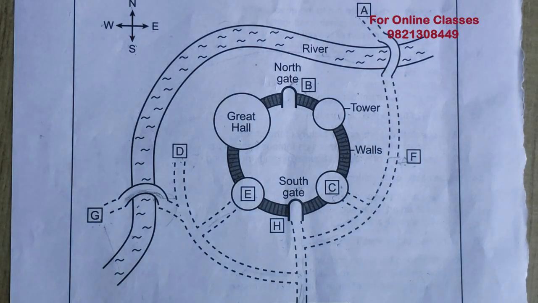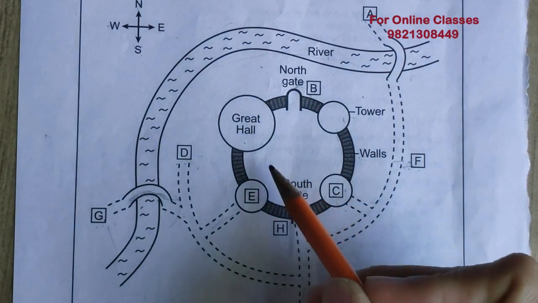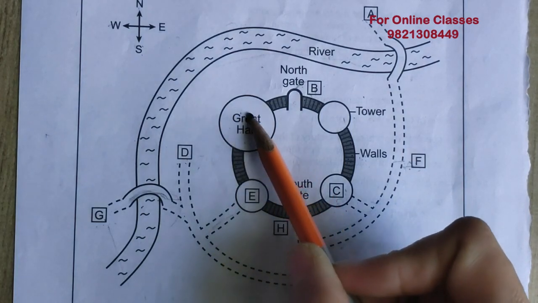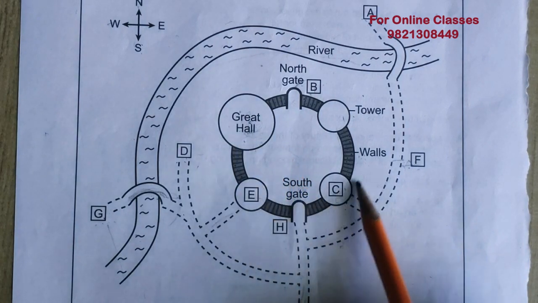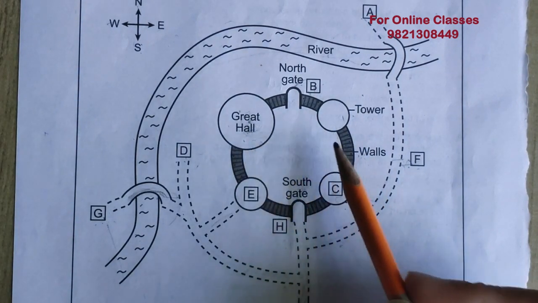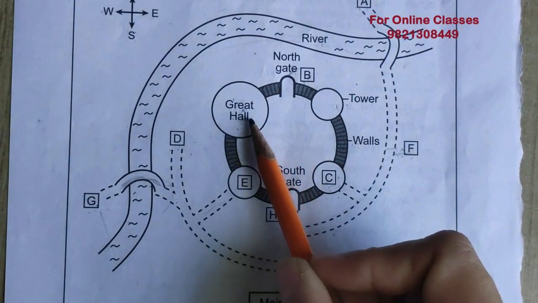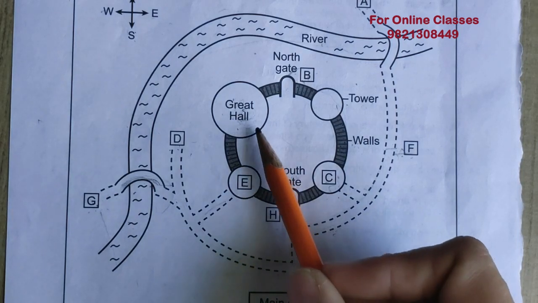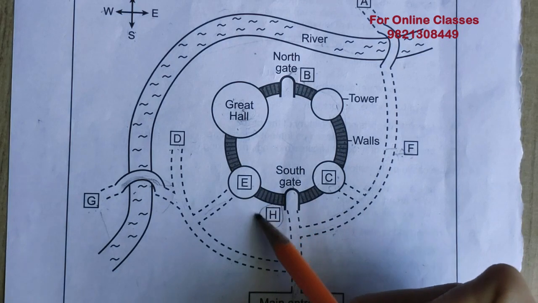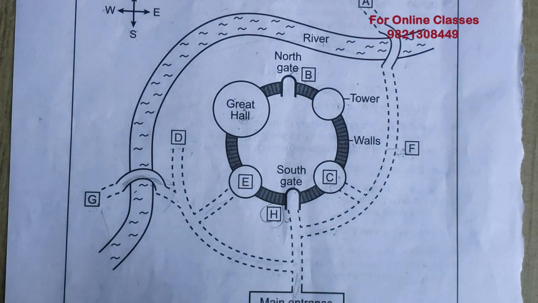Now, if you can take a look at your plans, you'll see Branley Castle has 4 towers joined together by a high wall with the river on 2 sides. Don't miss seeing the Great Hall. That's near the river in the main tower, the biggest one, which was extended and redesigned in the 18th century. If you want to get a good view of the whole castle, you can walk around the walls. The starting point's quite near the main entrance. Walk straight down the path until you get to the south gate, and it's just there. Don't go on to the north gate. There's no way up from there. They'll shortly...